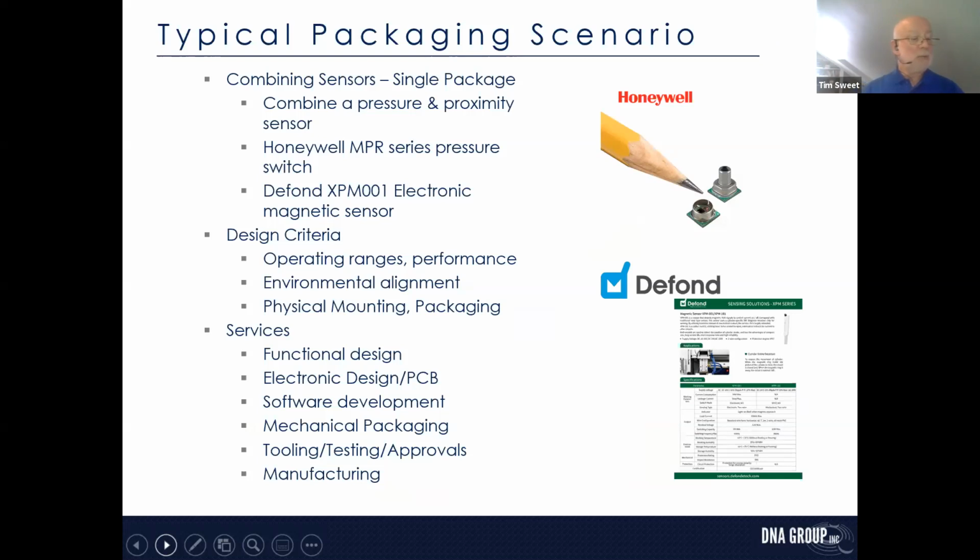A shout out to Honeywell here. They have a large array of miniature sensors for various technologies, and this is one of their very highly sensitive pressure sensors used in weight sensing, in vending operations, and other typical types of applications. Mating that up with a proximity sensor to verify the location of a vessel or cup makes good sense.